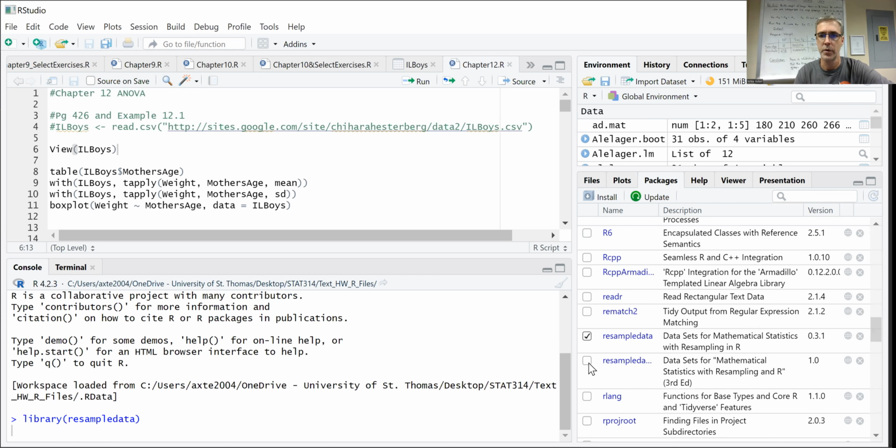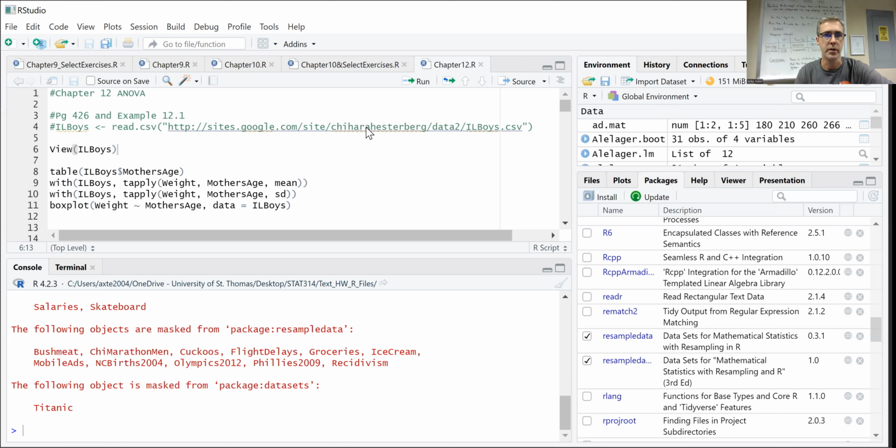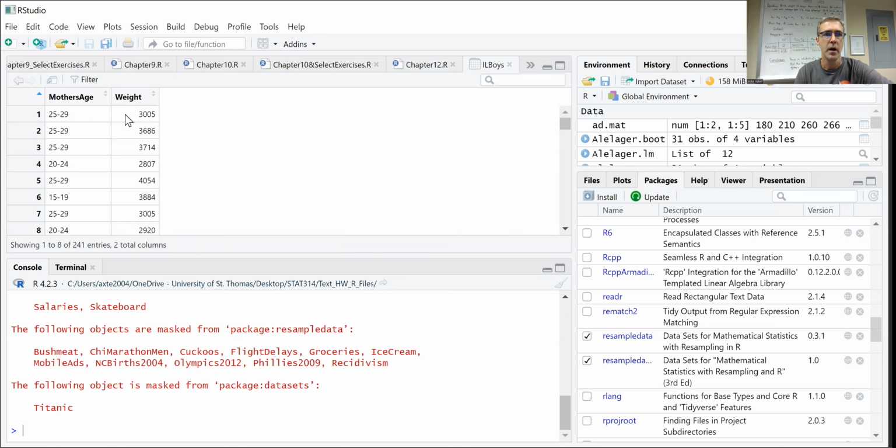Okay. All right. So here's what the data is going to look like. We have one column for mother's age. We don't know the exact mother's age. It's already been categorized into either 25 to 29, 15 to 19, 20 to 24. And then we've got the weight of the baby boy in, I'm imagining, ounces, okay? So that's what the data looks like. There's a whole bunch of entries,